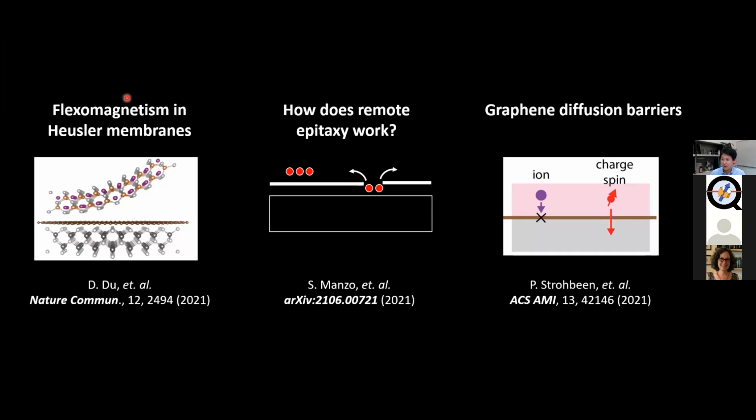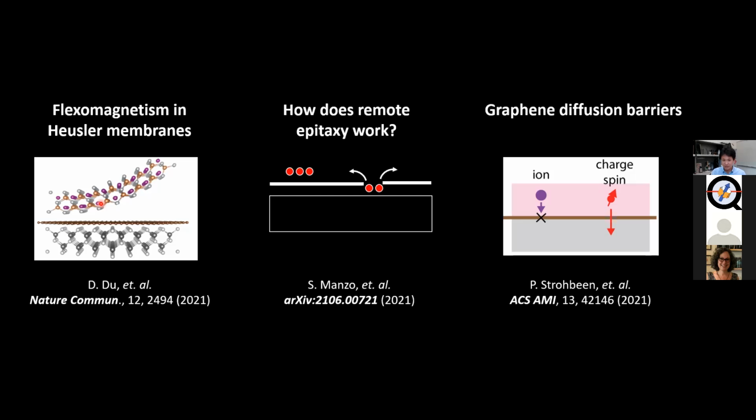Okay, so in the first part of this talk, I'll tell you about the original motivation we had, which will be our finding that we can induce magnetism in these Heusler membranes via a coupling to the strain gradients. Or in other words, we think we have the first experimental demonstration of flexomagnetism